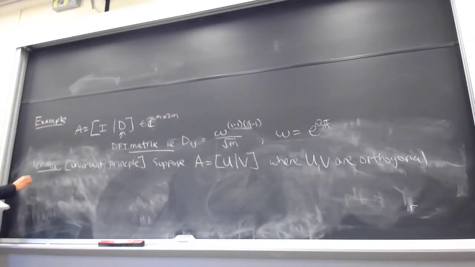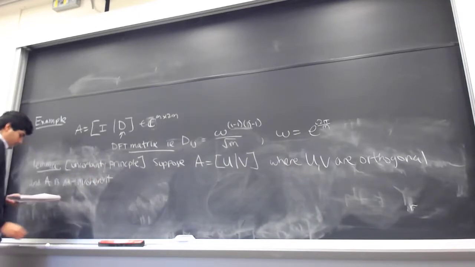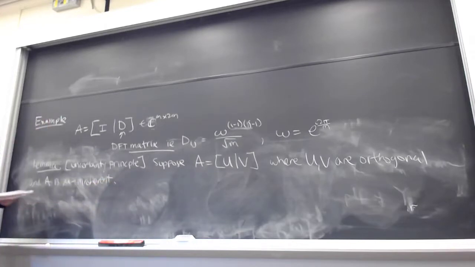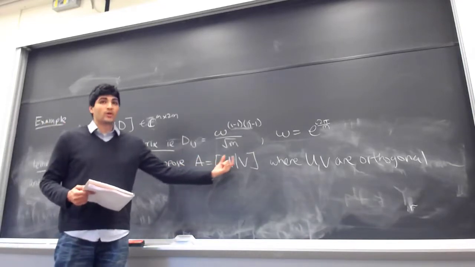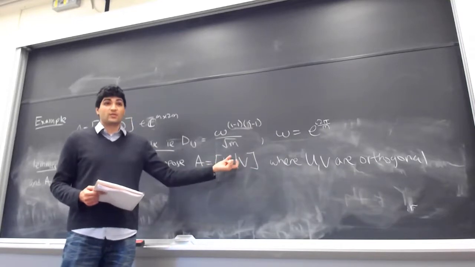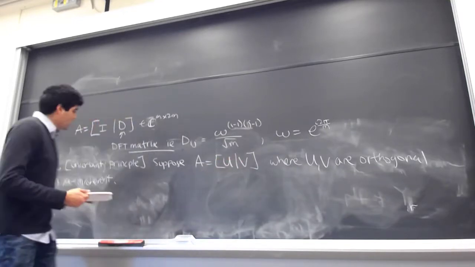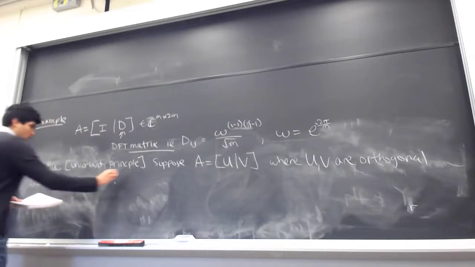And we're also going to assume that A is mu incoherent. So this is just a generalization of this type of example. We think about what if our dictionary is composed of two different bases, orthogonal bases. These are as nice bases as you can think, but they're somewhat uncorrelated with each other. Then what we're going to show